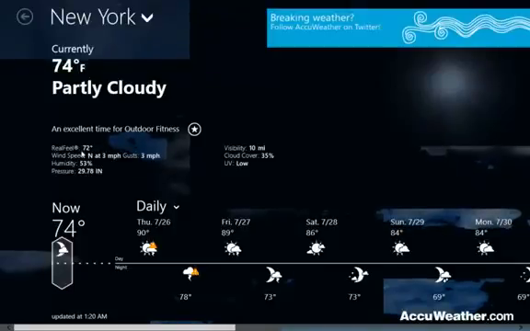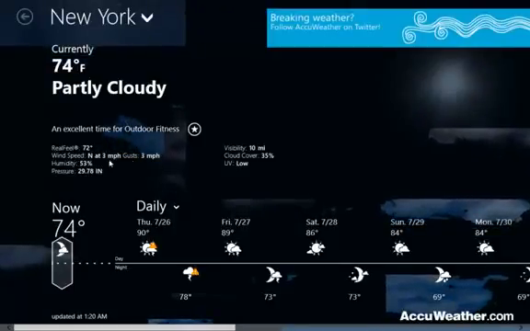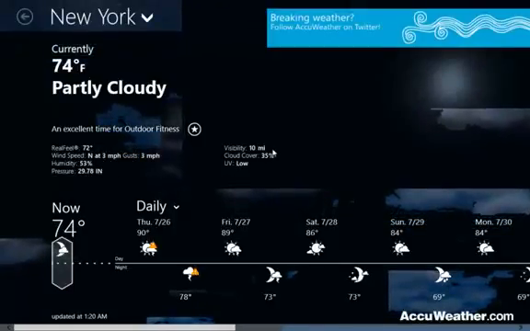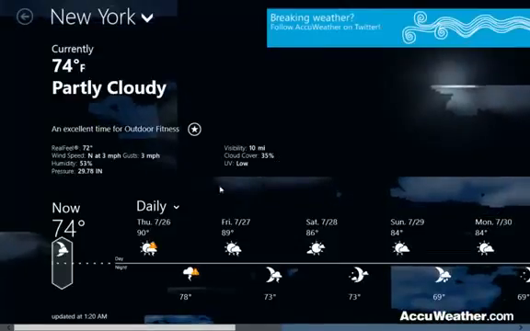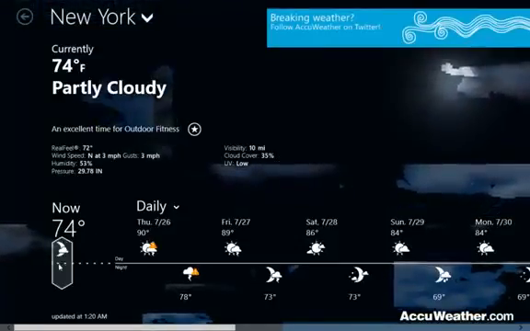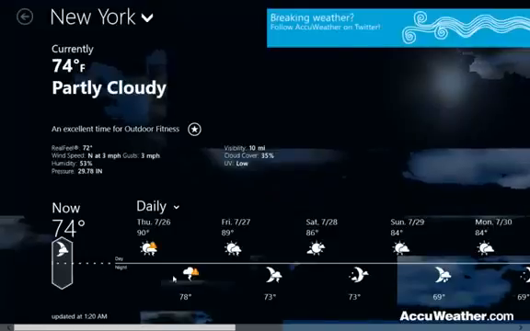Again, right down here you can see how it will really feel to the normal person. Wind speeds, humidity, pressure, visibility, cloud cover, and the UV rays. This is also pretty neat. If you drag,